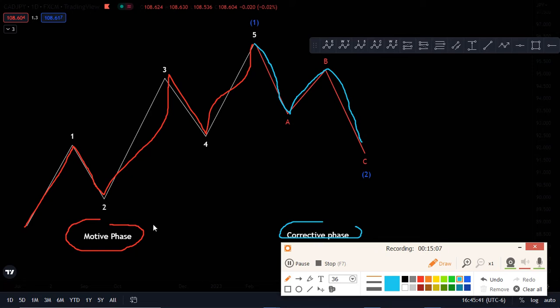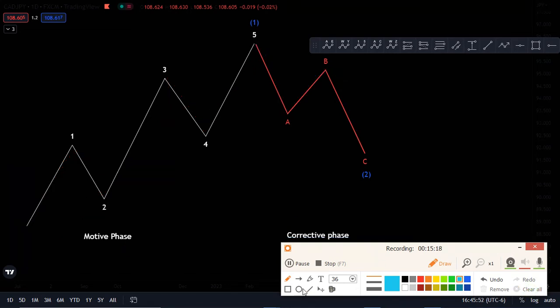So we can easily see that just as this wave 1 is corrected by that wave 2, which is a counter trend wave,